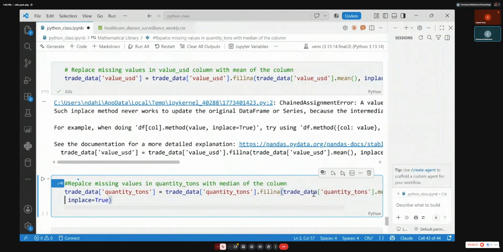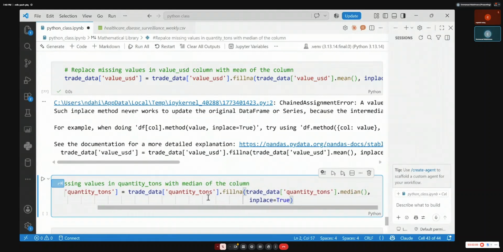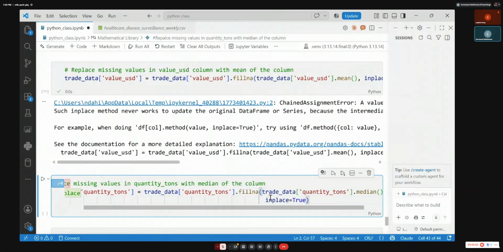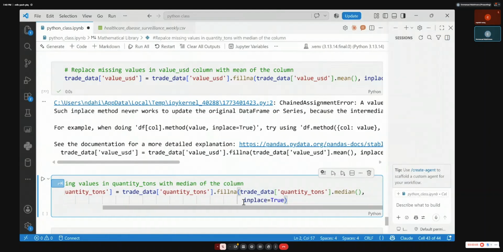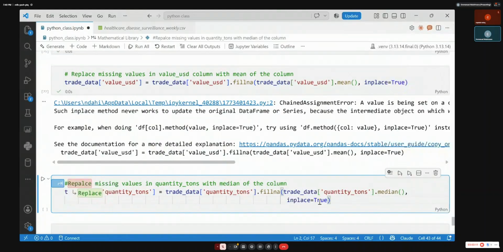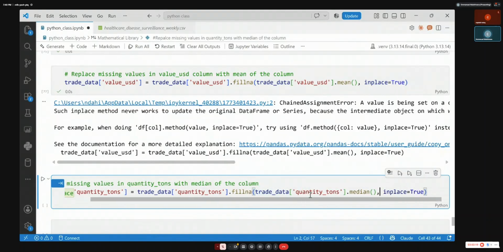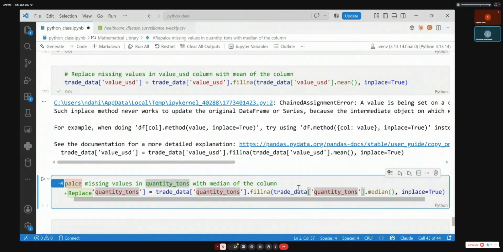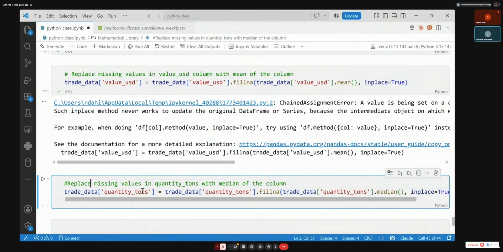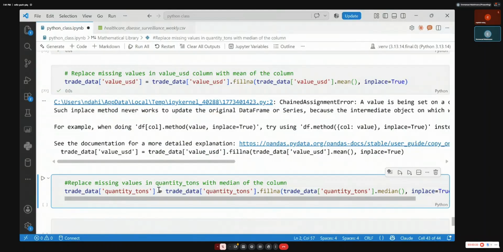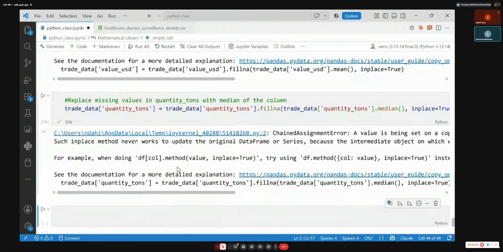You see? You can even put it on a new line if you believe that it is not showing very well. Okay, very good. So now the other column, quantity in tons, is no longer with the missing values, but we have replaced them. What do you want really? Inplace true. So that inplace is sometimes even mandatory, not mandatory. So do like this. Now it is completed.